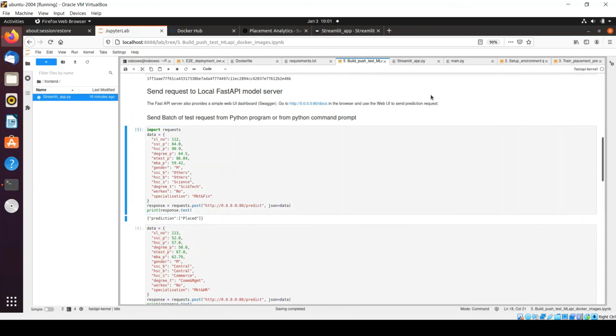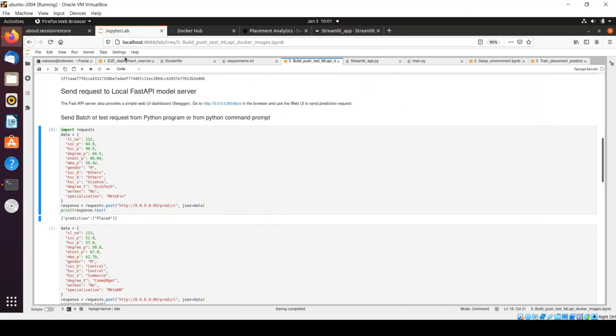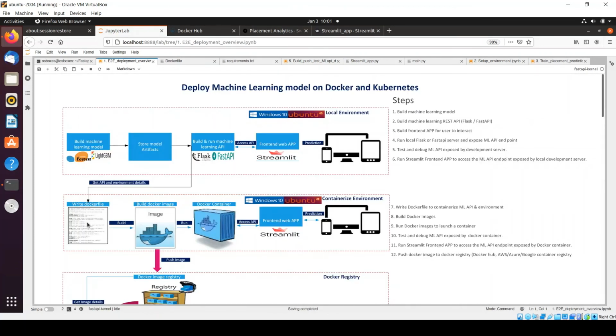Okay, so now we have seen the entire set of activities required to run any machine learning API within a containerized environment. So we have seen how to write a small Dockerfile, how to build a Docker image with the help of the Dockerfile, how we can run a Docker container with the help of the Docker image, and how we can access the machine learning API which is running within my Docker container.